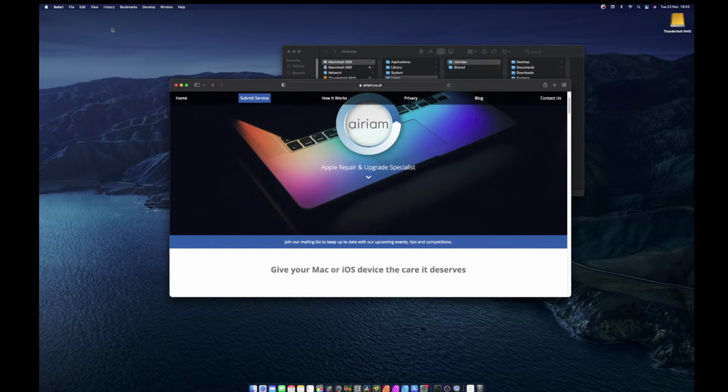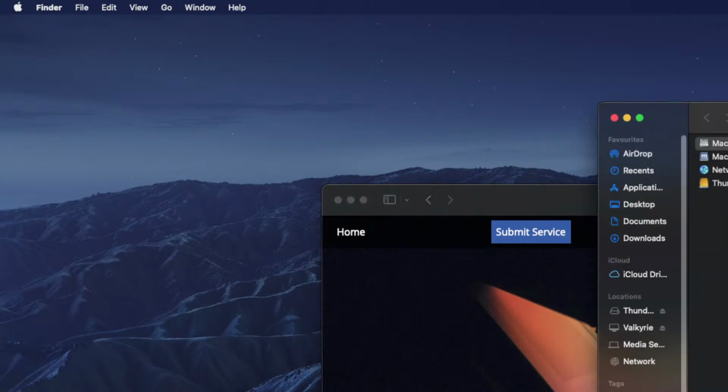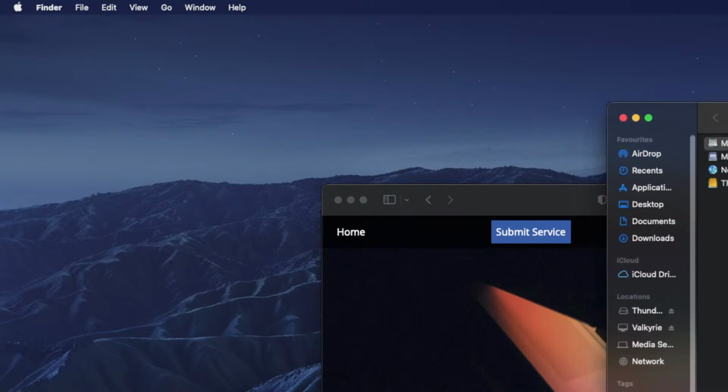So if I just go in a bit closer here so you can see the menu bar. At the moment I'm in Safari, so up here it's giving me a menu bar that's relevant for Safari. If I switch over to the Finder, we now have Finder relevant menu items. And so that's to the left on the menu bar. To the right on the menu bar,